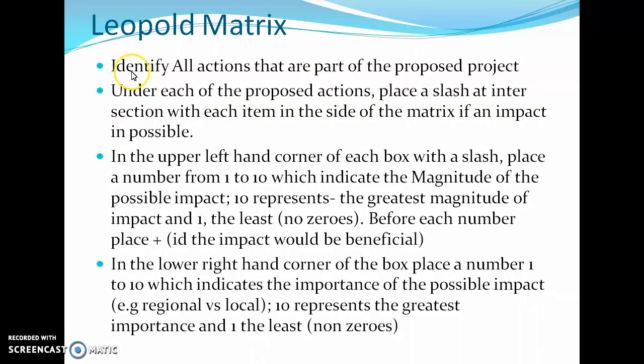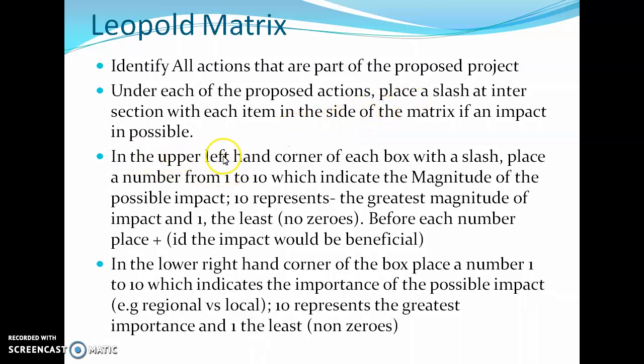So again I will repeat. Identify all the actions that are part of the proposed project, which we have done. Under each of the proposed actions, place a slash at the intersection with each item on the side of the matrix if an impact is possible. We have also seen how to slash the intersection.